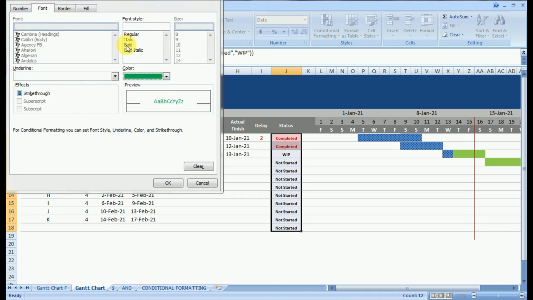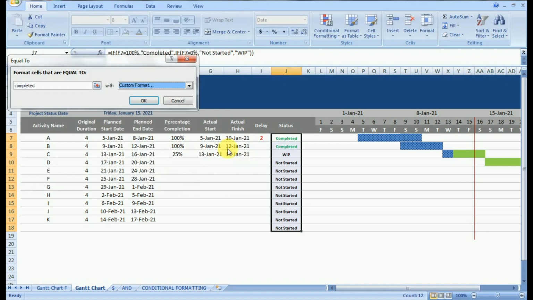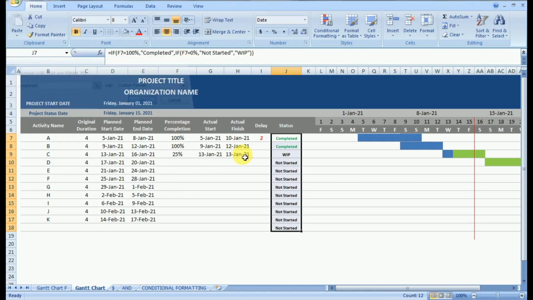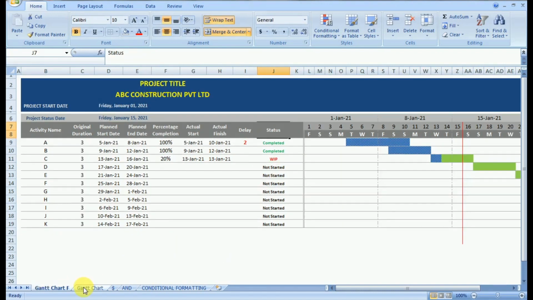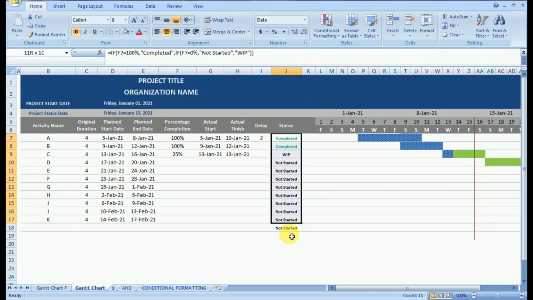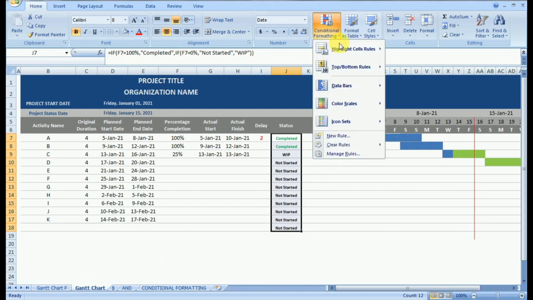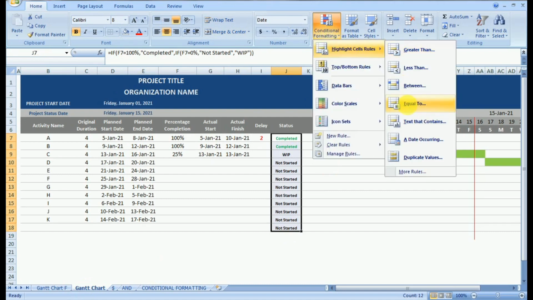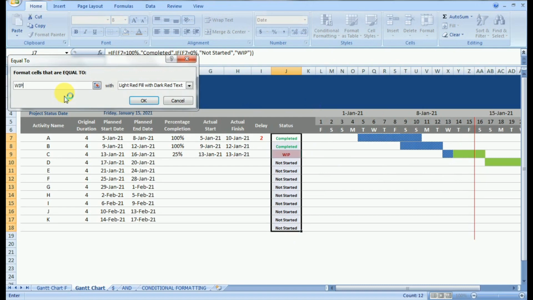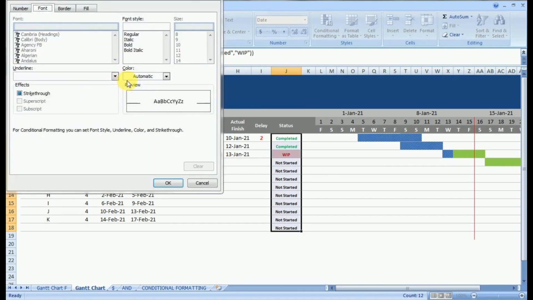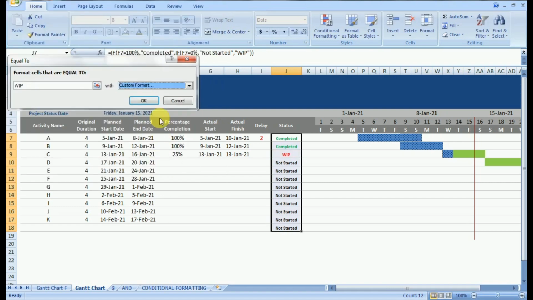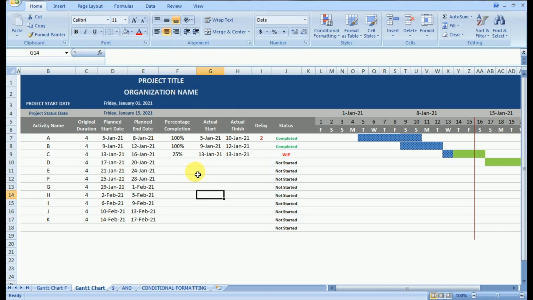Conditional formatting is a very important tool which makes the report or the whole process of the output very convenient for the end user to read and understand. So I'll put one more condition, that if my value is equal to work in progress, I want red font. You can go there and click on the red font. You can even make it bold and select OK.